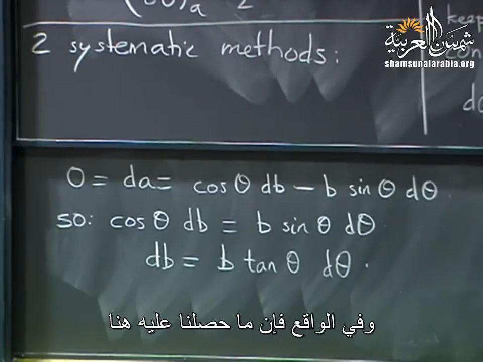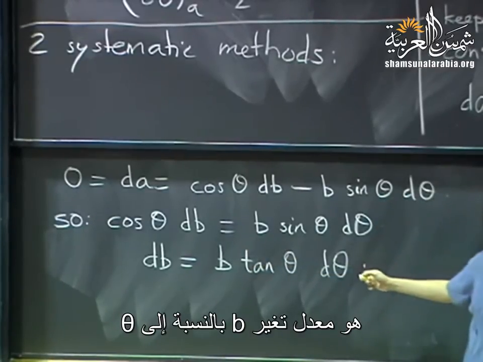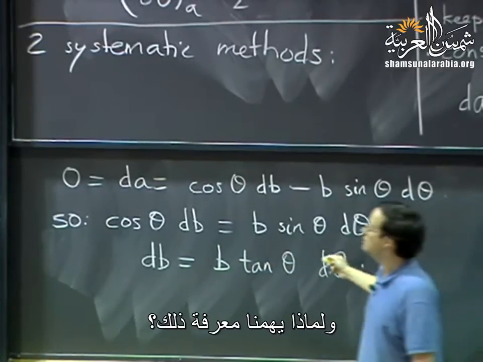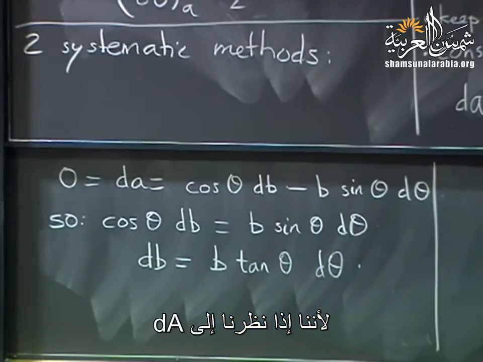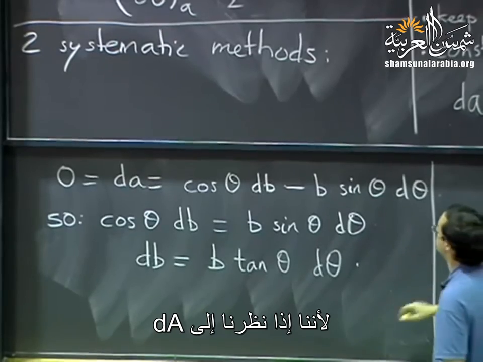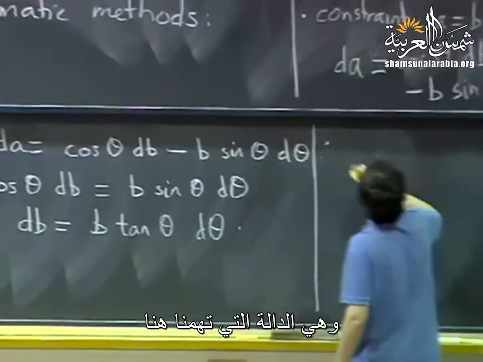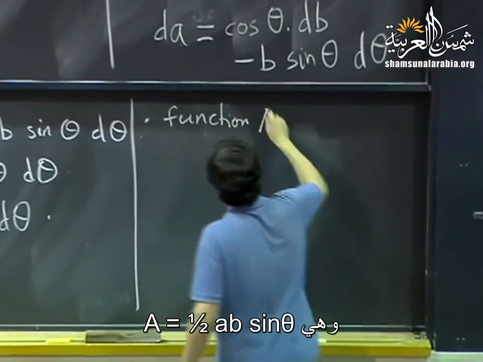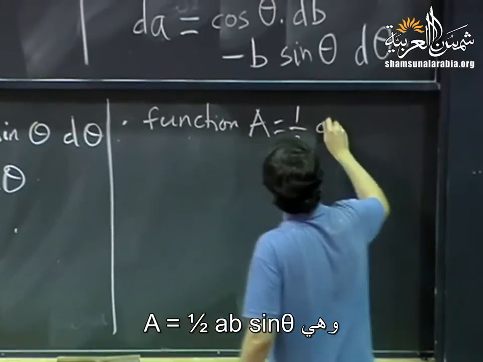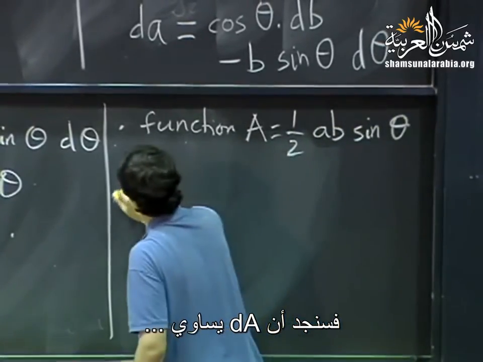Okay, so in fact what we found is the rate of change of b with respect to theta. Why do we care? Well, we care because let's look now at dA, the function that we want to look at. Okay, so the function is A equals 1/2 ab sine theta. Well, then dA,